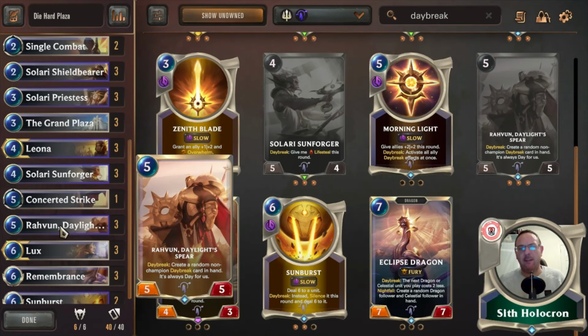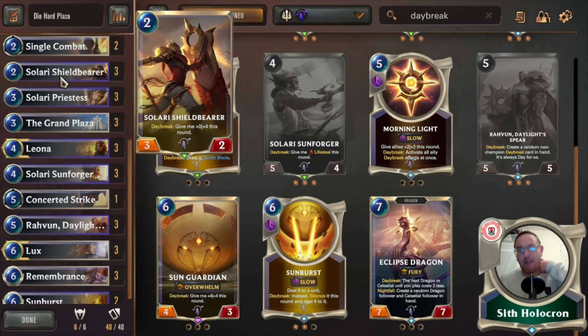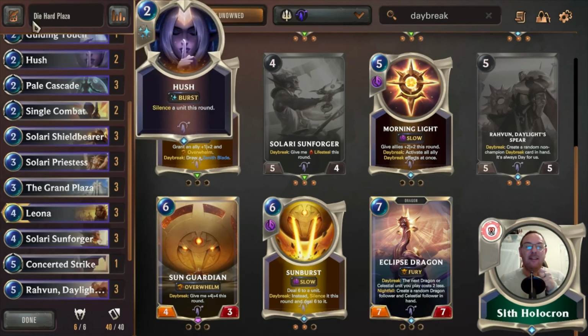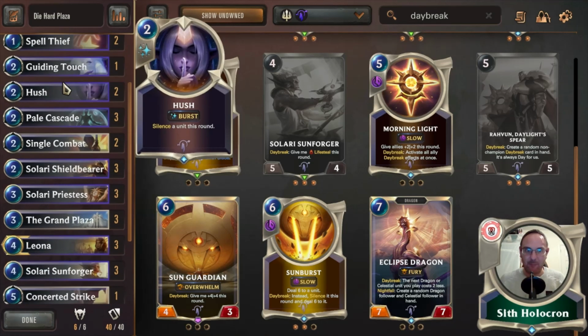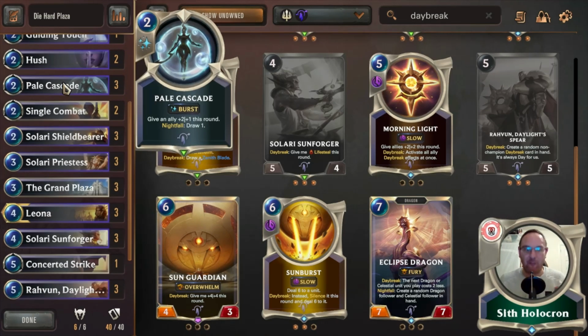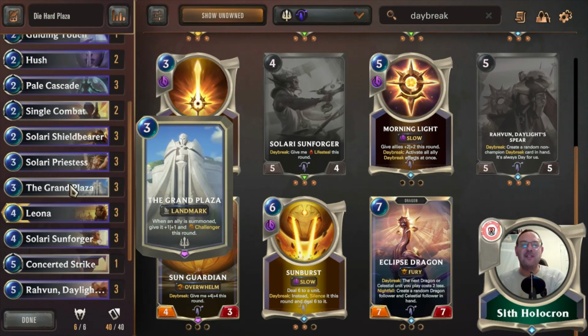Raven is brilliant because of the stats. The Solari Sunforger is really good because of its stats. And the Shield Bearer is really good with its stats at a 4-3 with Challenger. That's brilliant. But the fact that if you put this down as your thing, he becomes a 3-6 and then becomes a 4-7. Okay? The Solari Soldier will become a 3-3 and then get another 1-1 and Challenger and is now a 4-4. So don't forget that anything that is getting a buff, you get the buff on top of it as well from the Grand Plaza. So this is my Demacia Targon